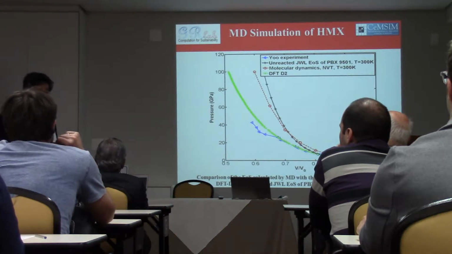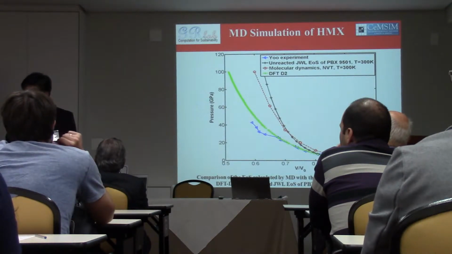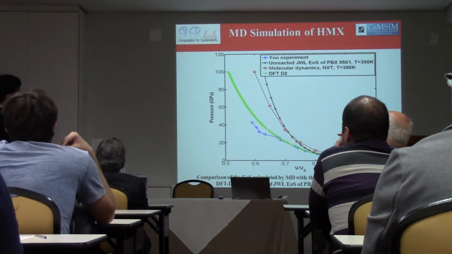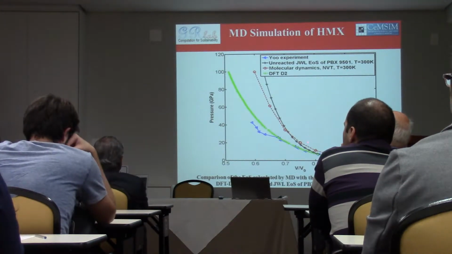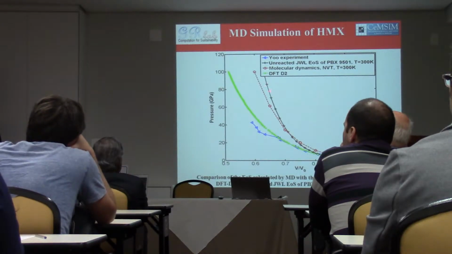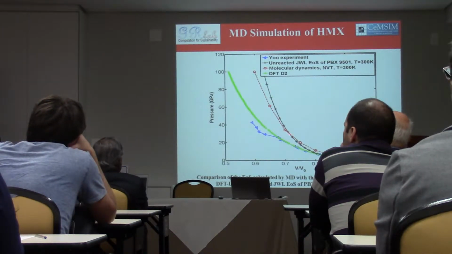Although at 300 degrees K it's not supposed to have any reaction, somehow this reaction effect is there. Why do we know that? It is because this result here is obtained from an